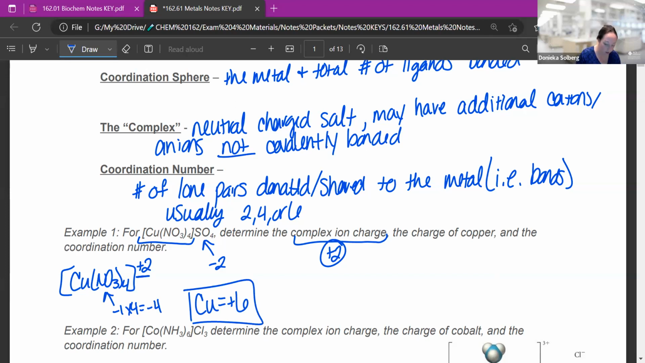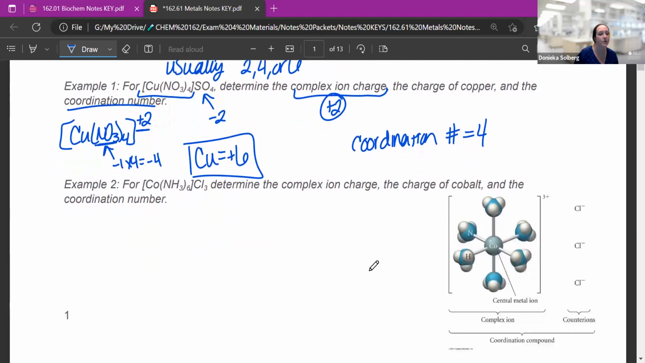And then also the coordination number, that's the number of bonds of the things attached to it. So since there are 4 nitrates, the coordination number is 4. Okay, so I would like you to try example number 2 here for this cobalt compound